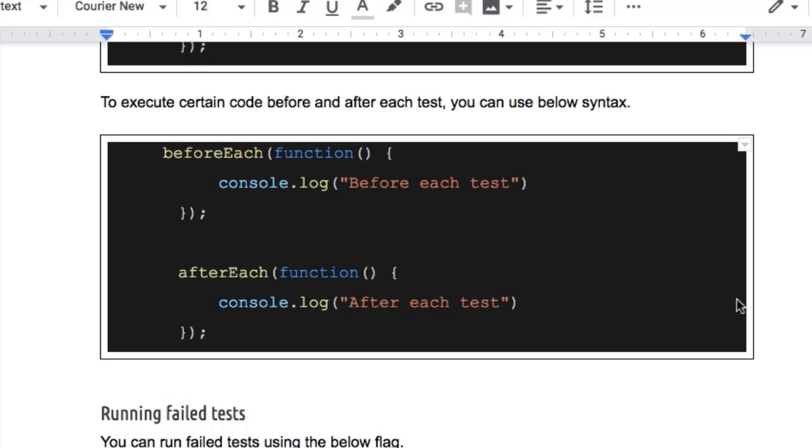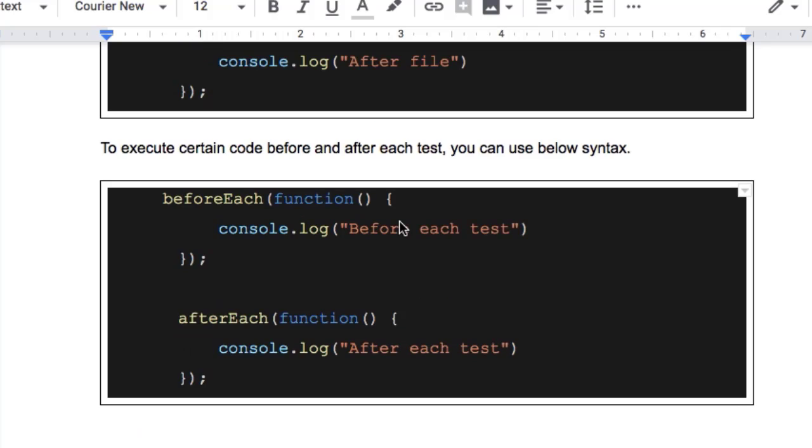In this video, I will explain how you can add before and after hooks in the Mocha testing framework. I'll also tell you how you can rerun the failed tests and how to run the tests in parallel as well. And finally, I will tell you how you can create the HTML reports for your test execution as well as XML reports in Mocha. So let us start with the before and after hooks.